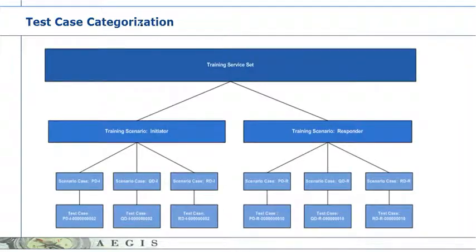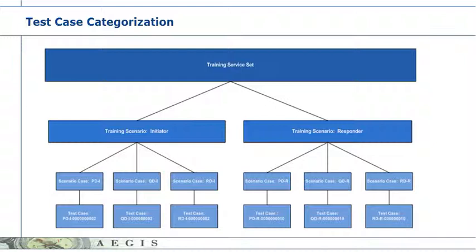In the DIL, the highest level of categorization for tests is a service set. A service set is a collection of scenarios. A scenario is a collection of scenario cases, and a scenario case is linked to a test case. The categorization of test cases into scenarios and service sets is user-defined and best done prior to starting data entry